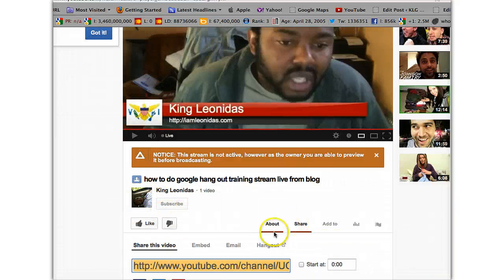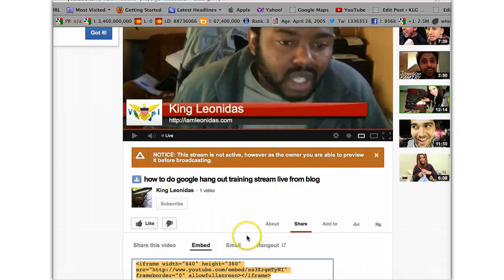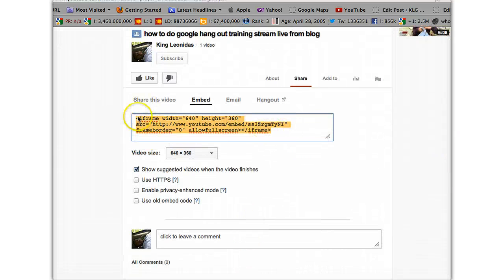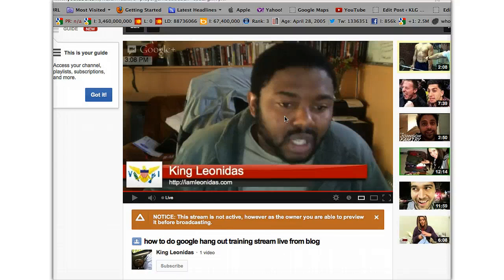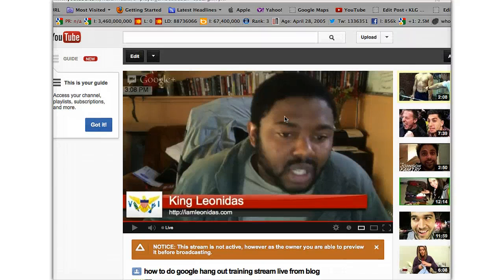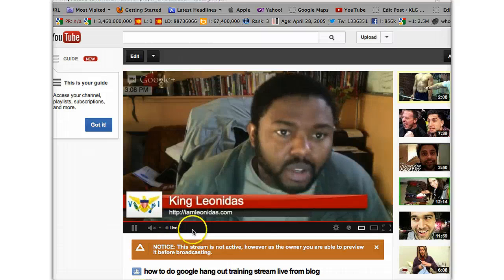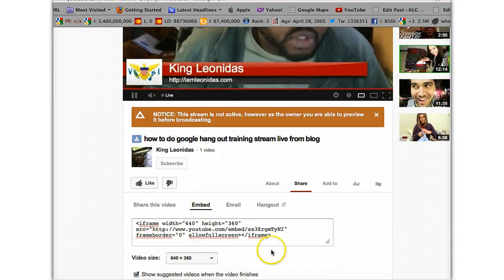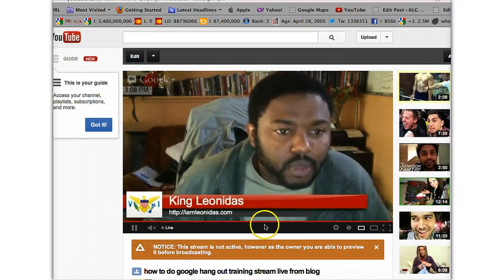But you can just click the share button, grab the embed code out of there, same process, so you can use other folks' Google Hangouts if the content's great. Check with them just to make sure that it's cool. Most people are going to be pretty cool about the whole ordeal, so yeah, you can do that. And that's it. That's how you can get this stuff on your blog, and you can do a lot with it.